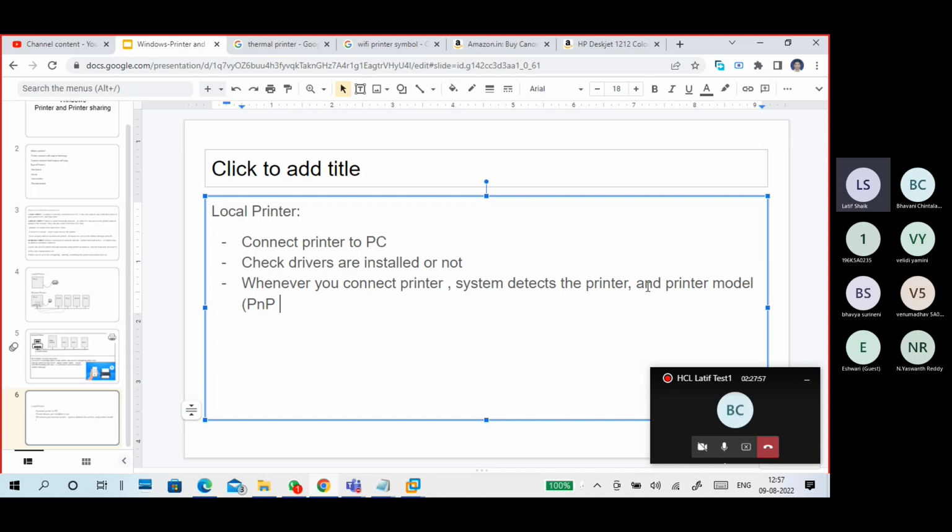PNP means plug and play. So this is the plug and play, guys. This also involves the drivers part, so listen carefully. When you connect a device, the system will detect the device and the device model and load drivers. Okay,